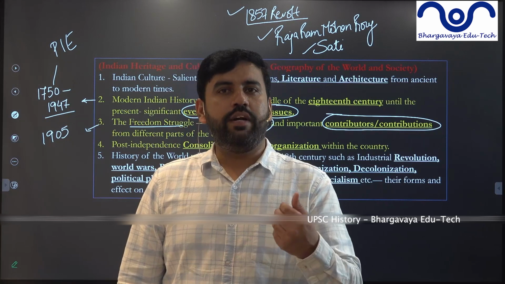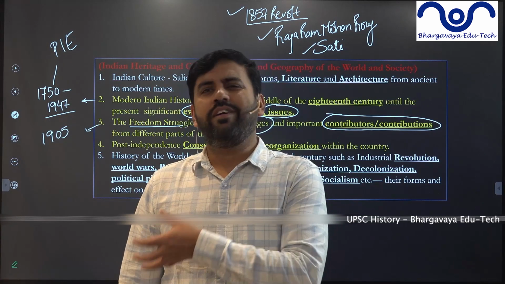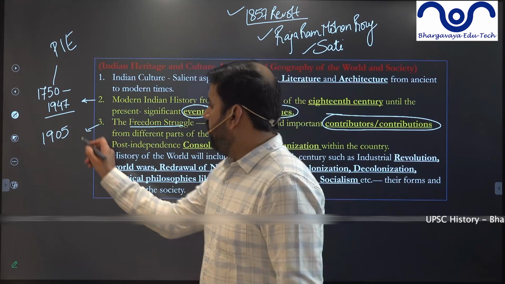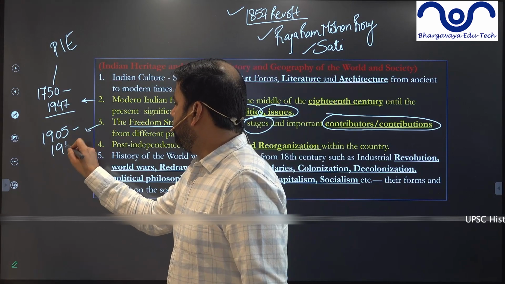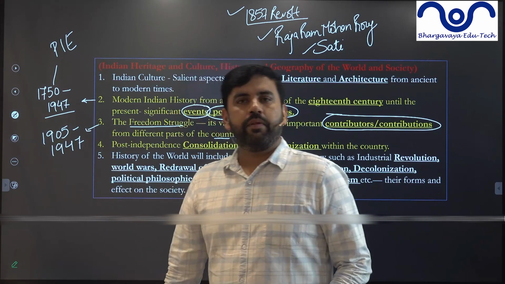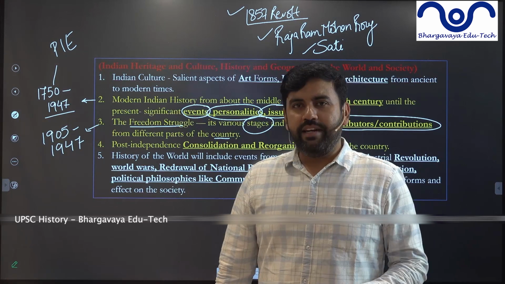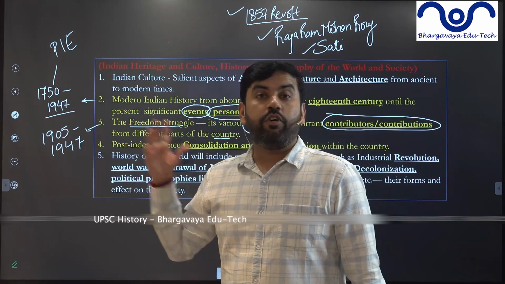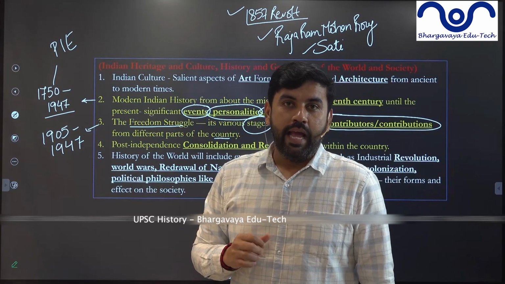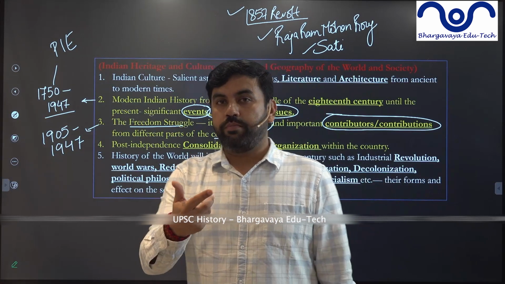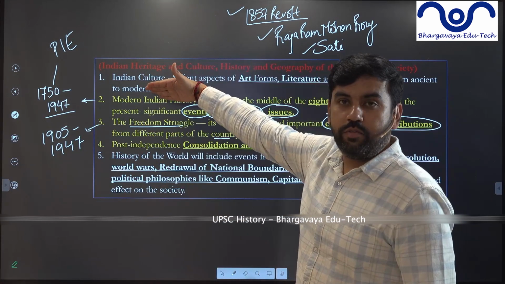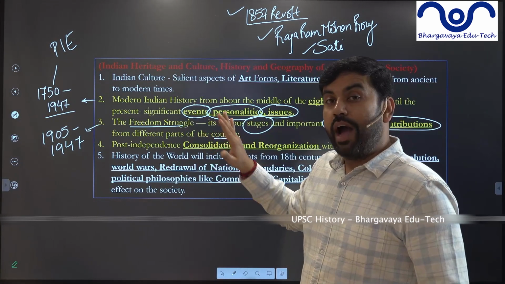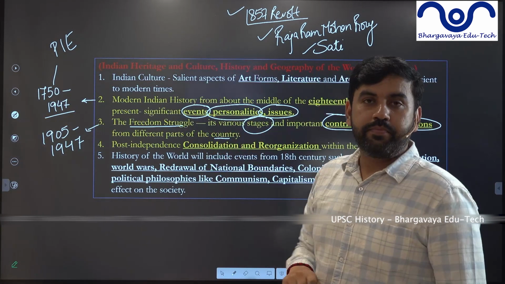Or the struggle for independence. Although it was not complete independence, we started that. And till when did it last? 1947, simple. Because in 1947 we got independence and everything ended over there. So this is the history of 42 years. Now in this history, what do you need to focus upon? In the 197 years of history, you have to focus on events, personalities and issues. But here you have to focus upon stages.